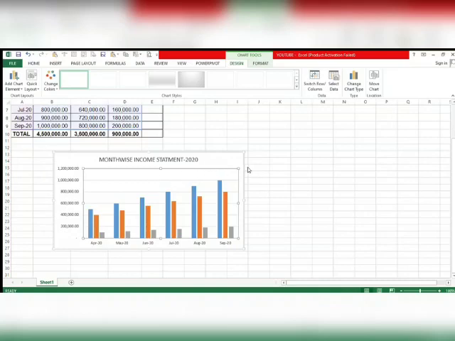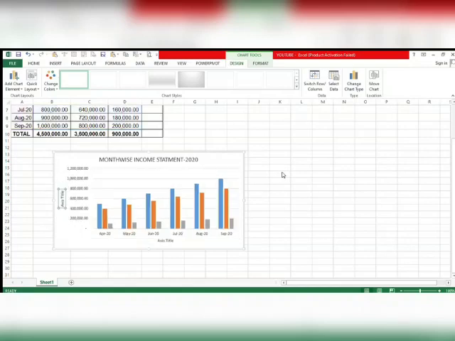So from this pop-up menu, just press the add button. Then we will see so many elements here: axis, axis title, chart title, data label, data table, error bars, grid lines, legend, and trend line. So from here, what are the information we want to portray into this chart, that we can take from here. See, first of all let's take axis title. So this is showing here x-axis and y-axis.